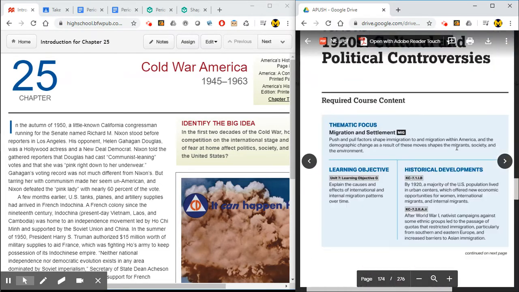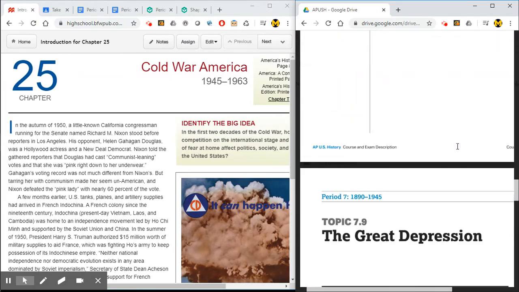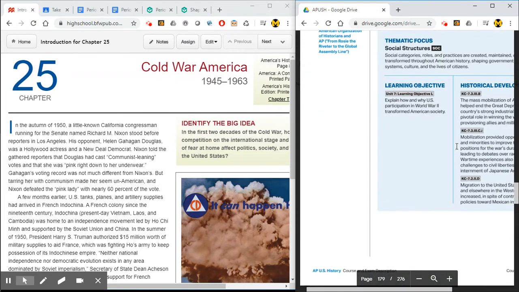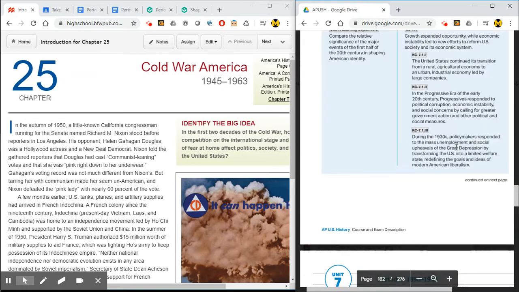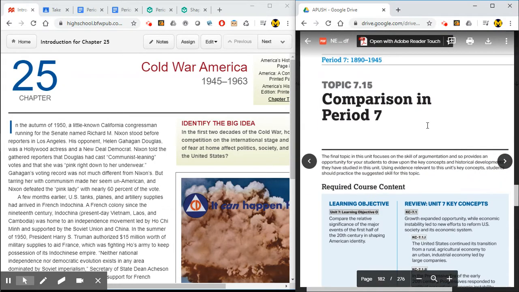Let me scroll down here. I lost my spot. We're through World War II. We're approaching period 8. There we go. We're getting into period 8, and we will get into the Cold War and civil rights and all that good stuff. So we have completed